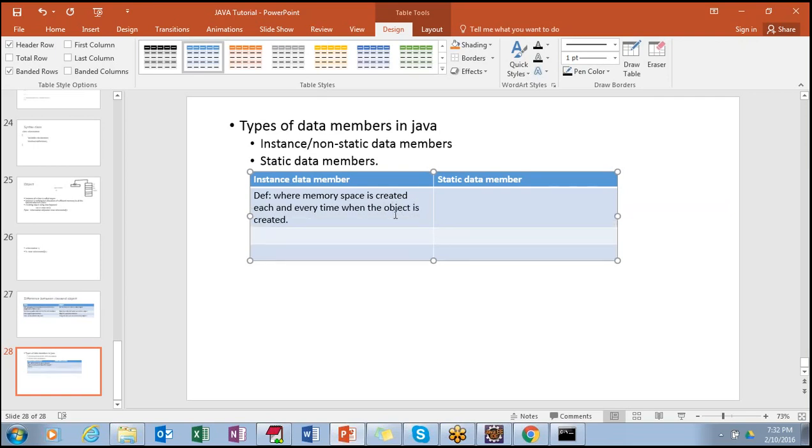Okay, you understood what an instance or non-static member is, right? If I am telling the same things again and again, and you want me to speed it up, let me know, Vishnu.